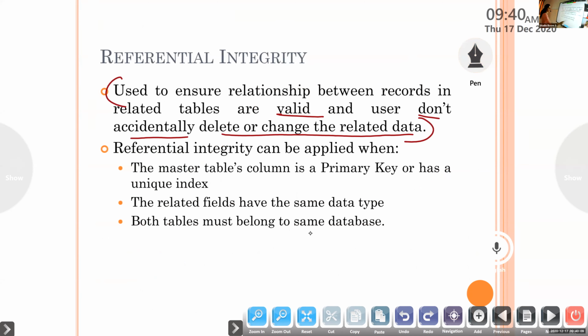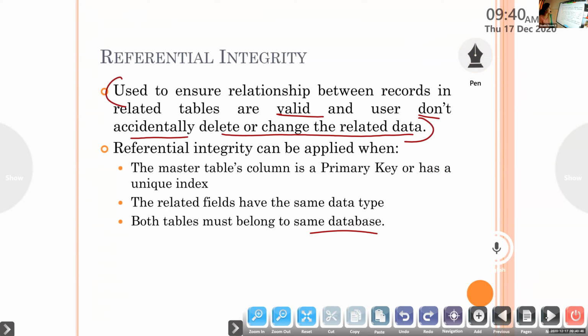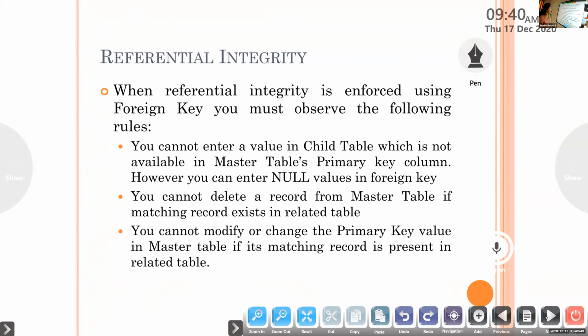And one more thing, when you add it here, the data type of this and the data type of this should be same. The foreign key and the primary key should have the same data type. And it is not compulsory that you have to enter the same name. You can write any name here, DENO. That's also will work. But the only thing is that values should be derived from here. Now, referential integrity that we have told.